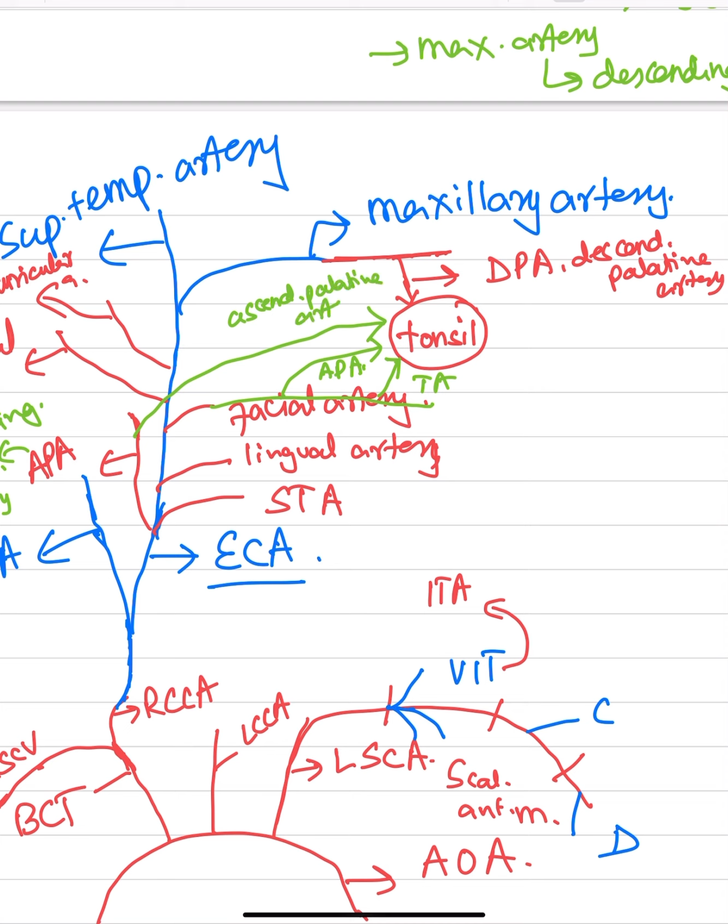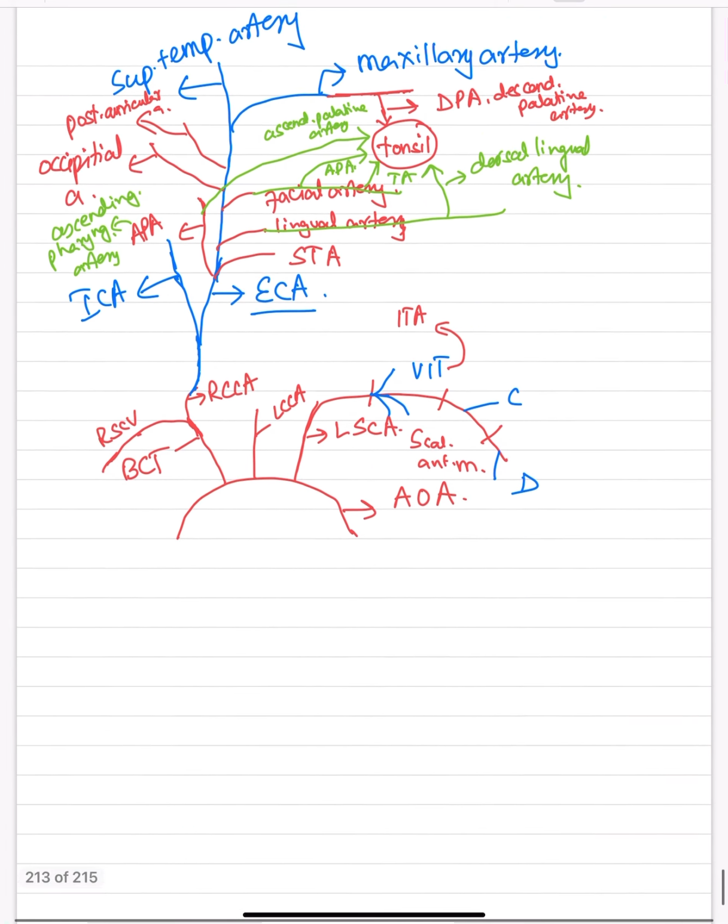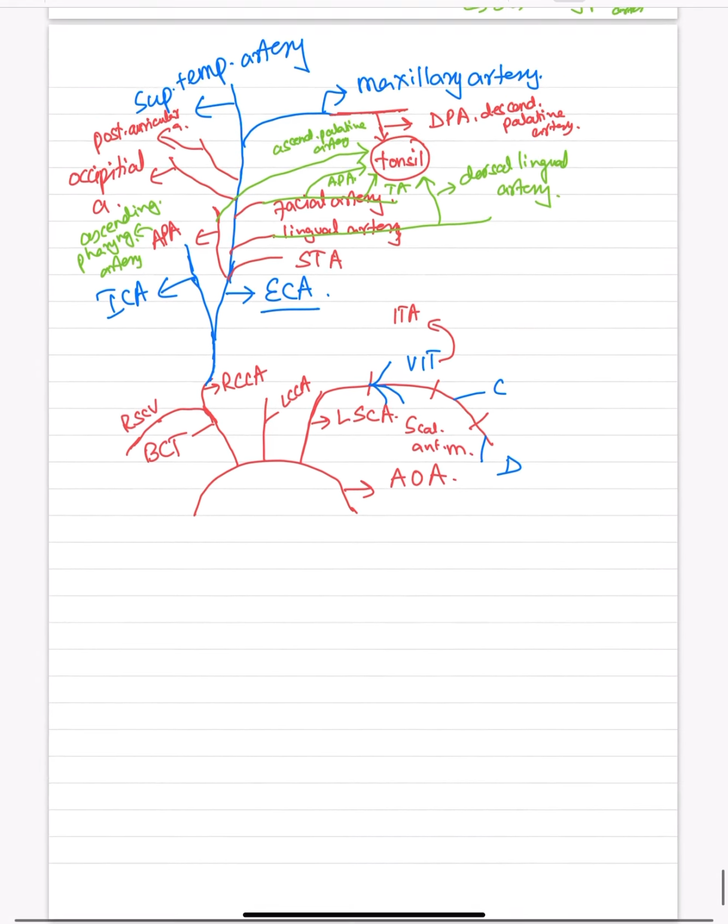This lingual artery, it is also giving here branches to the tonsils. So this is your which artery? This is your dorsal lingual artery. Okay, this is your dorsal lingual artery. So this is the blood supply to the tonsil. I hope it is clear to all of you. Okay, now coming into the maxillary artery. Now see